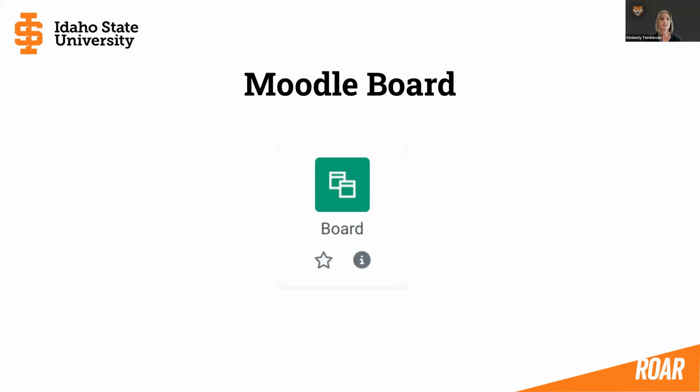So the Moodle board is a non-graded activity, and you'll find it in the activity picker when you choose to add an activity or a resource to your page. And this activity can be used to foster interaction within your course with both you and your students interacting on the board. You have the option to add images, links, YouTube videos, and plain text. So if you're familiar with Padlet, the Moodle board resembles it, but now we have this tool inside Moodle,